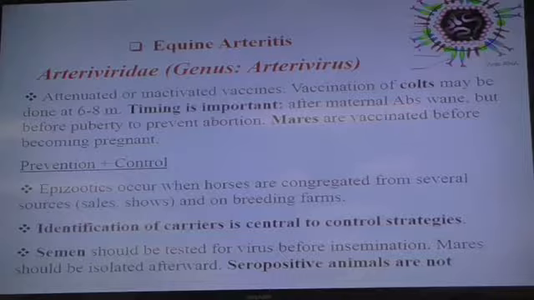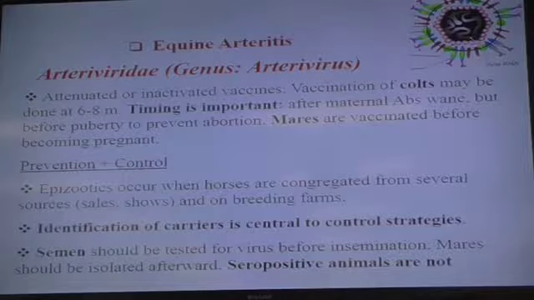Now, the presence of the virus in the semen is the most important thing, which means the animals can be seropositive, meaning showing antibodies against the virus, and yet those are used for breeding. They can be seropositive, but negative in the semen. So horses that are negative in semen, they don't have the virus in the semen, and are seropositive, they're allowed